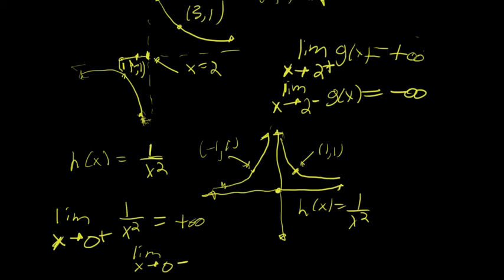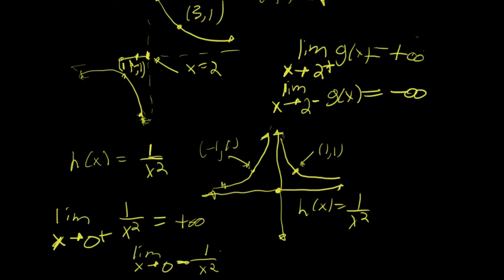We'll see that, looking at it numerically again, take a really small negative fraction, square it, you get a smaller but positive fraction. Take the reciprocal of that, you get a massive number. And the closer and closer you get to 0 coming in from the negative side, the more massive a positive number you will get. So we say that the limit as x tends to 0 from the left of 1